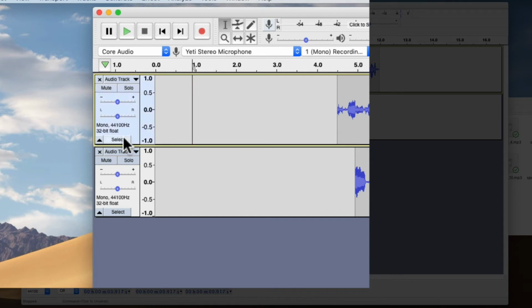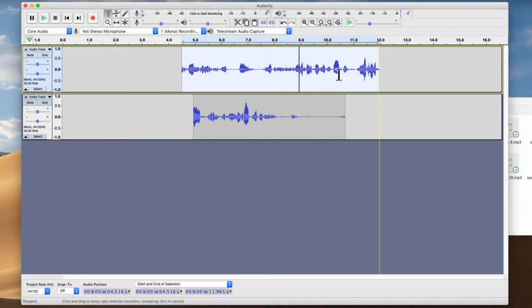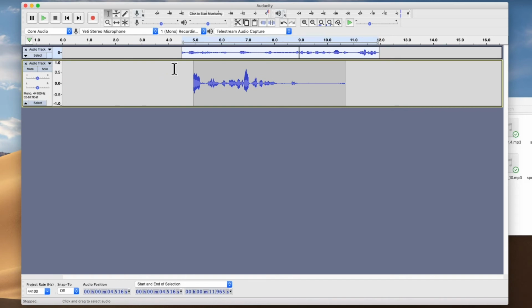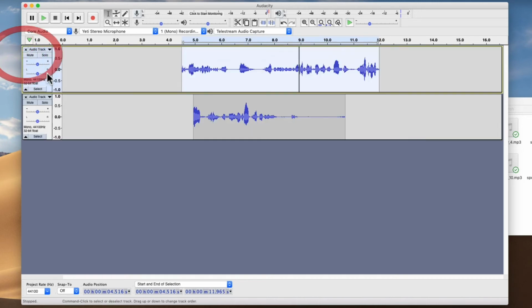or to the right. The select button selects the entire track for you, so you don't have to zoom all the way out and try to select it all with the selection tool. And the bottom arrow minimizes the track, which makes it small and go away when not in use, so that the other tracks are easier to see. So open back up. And then down here on the bottom bar, you can see there's a few things down